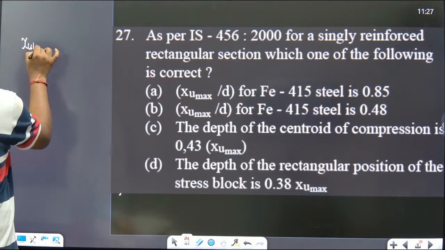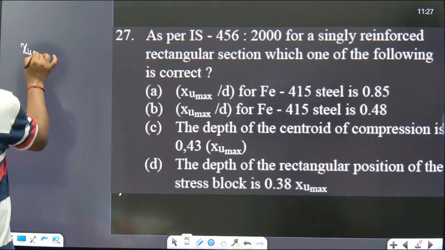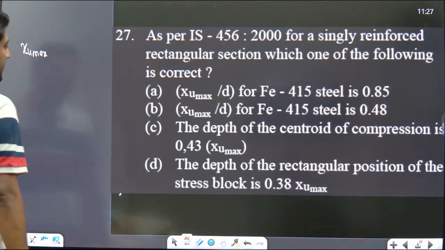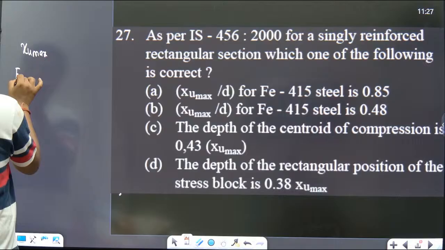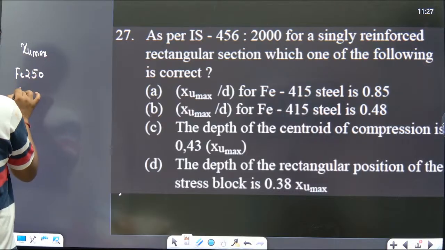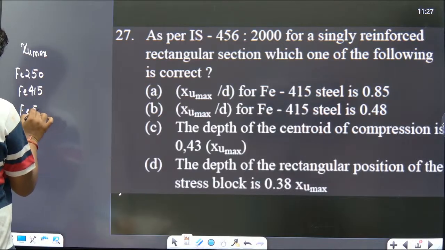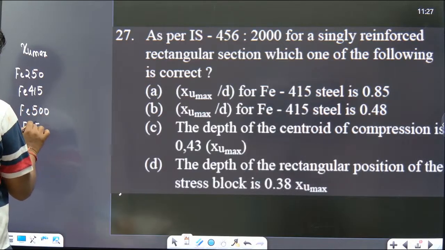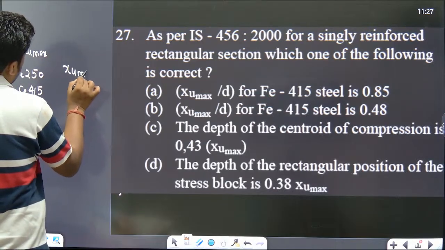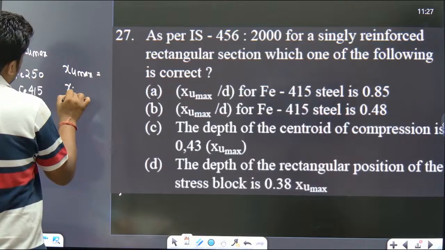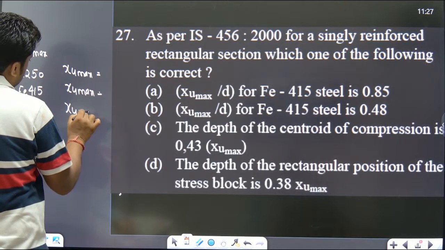This depends upon the grade of the steel: for Fe 250, Fe 415, for Fe 500 and Fe 550. Xu maximum is given as